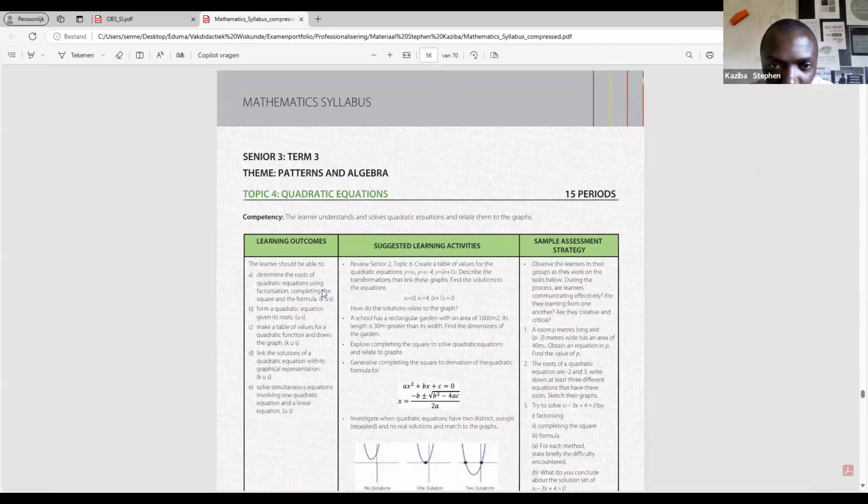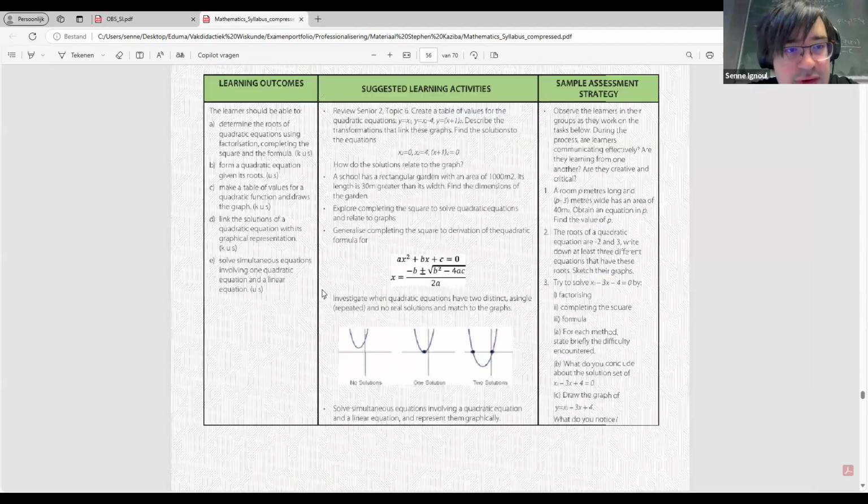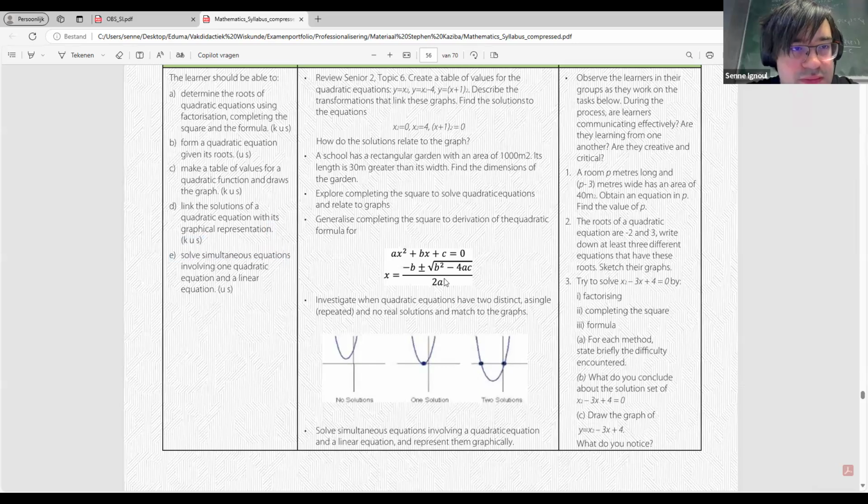Yes, I have quadratic equations here. Okay. So I think the class was about this topic. So the class we observed, does that mean that they